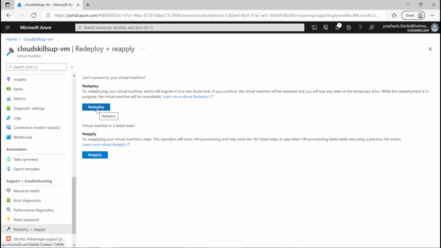It will stop that particular VM on the node where it is running, and it will boot that VM on another available node, maybe in the same rack, or according to some configuration or architecture behind the Azure nodes that supply the VMs. So it will run on another node. Once it starts, you may be able to connect to that particular VM.